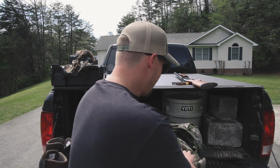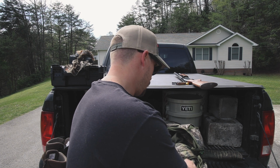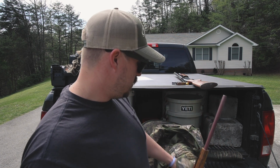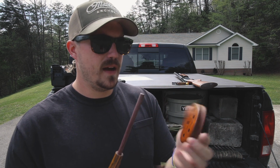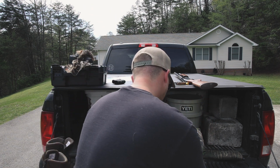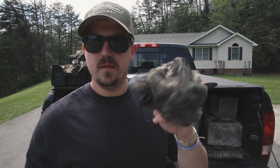In my actual pack, I basically carry one of these and just a slate call. This guy, it's handmade from a local guy here, I got last year. It's pretty cool. And of course, some gloves, a mask,